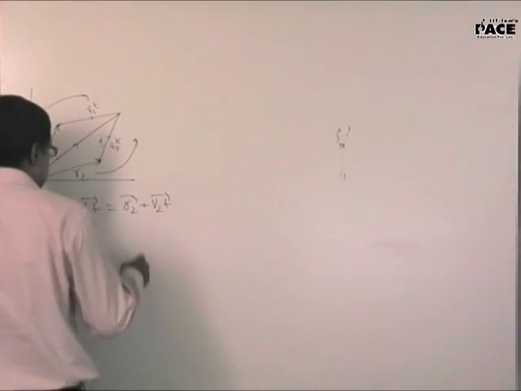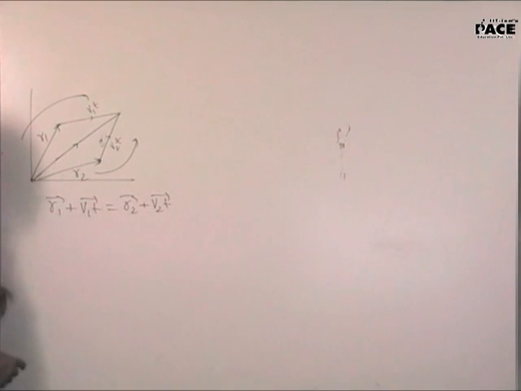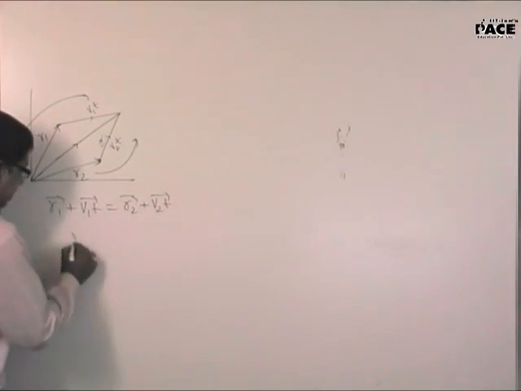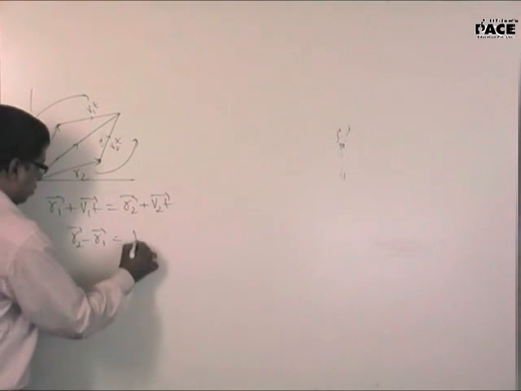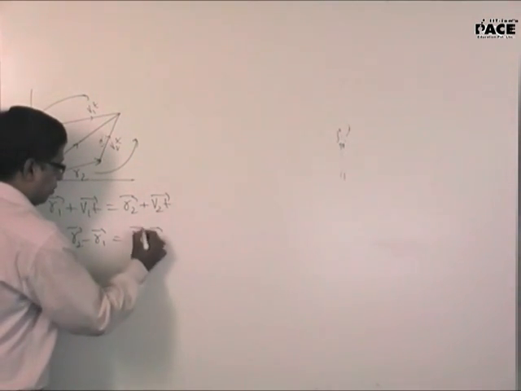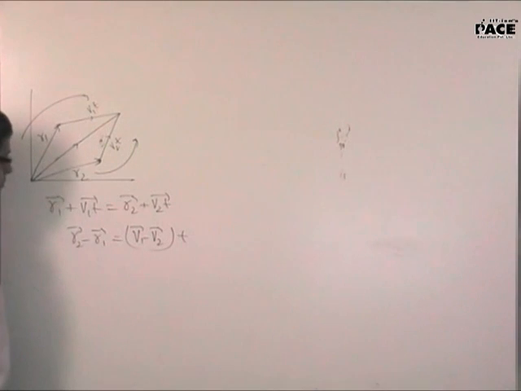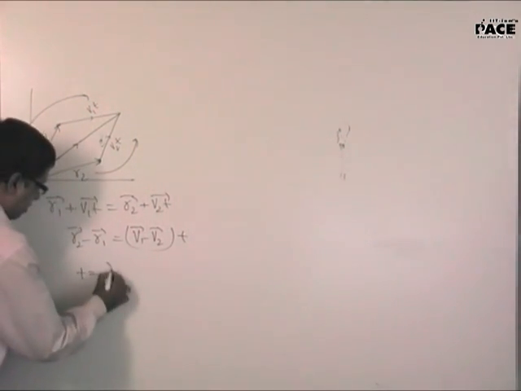So now I forcibly impose the condition that the time should be positive. How do I do that? R2 minus R1 will be equal to (V1 minus V2) into t. So t will be equal to